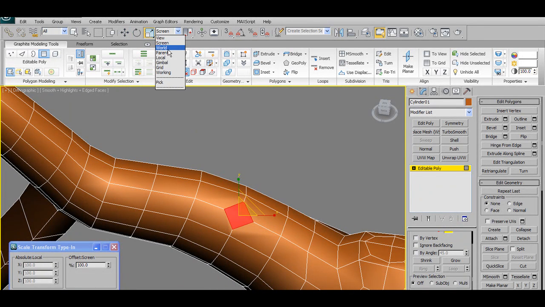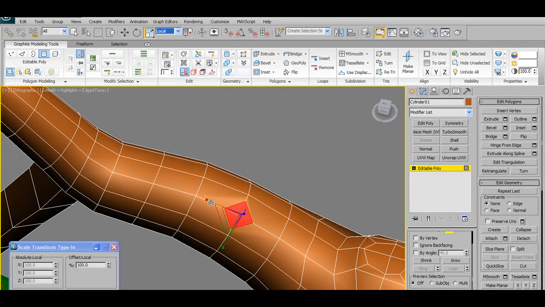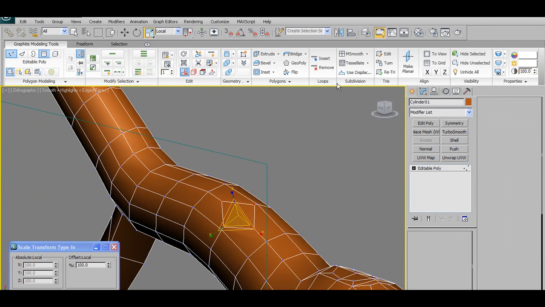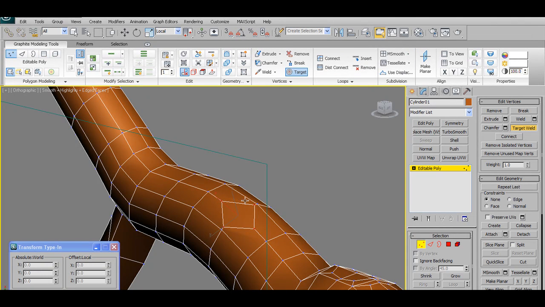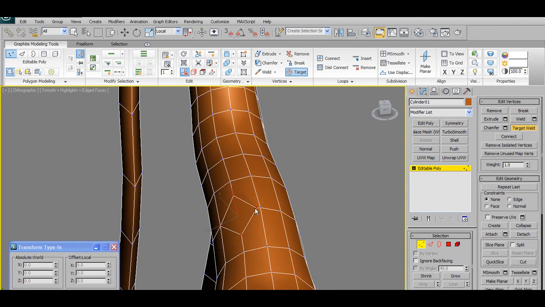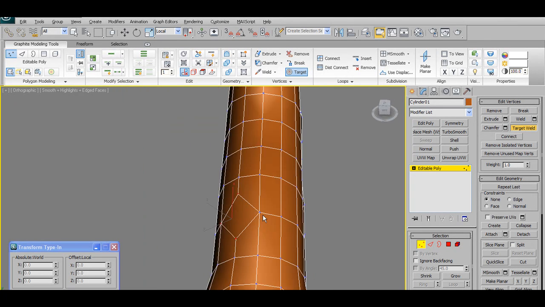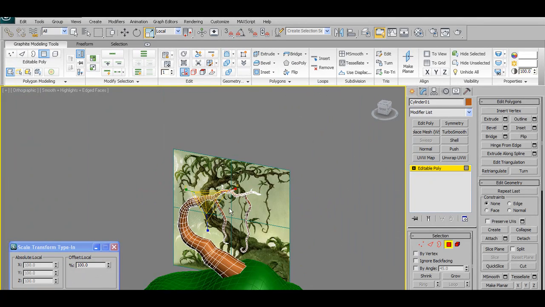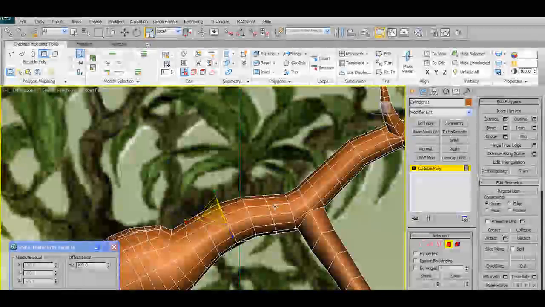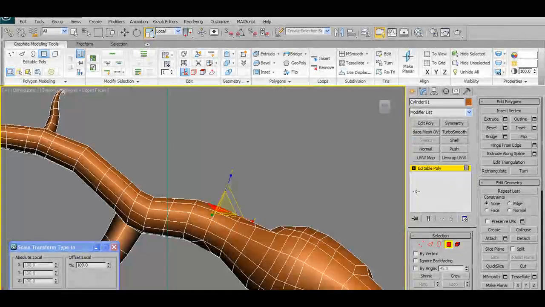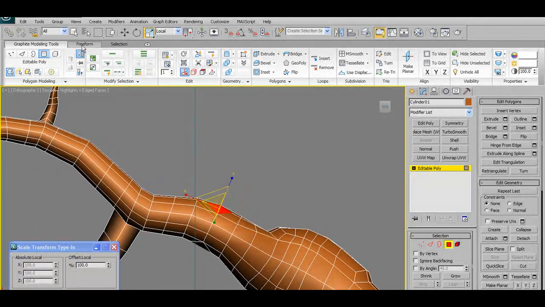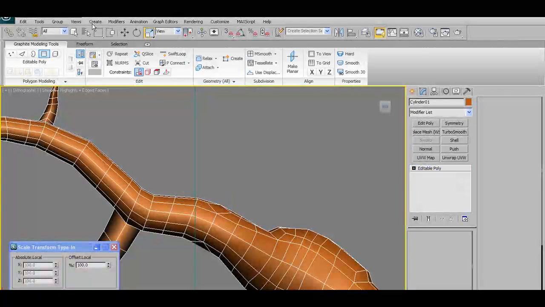Switch back to local. And scale it out. That looks okay. Vertex mode. And target weld. Keep everything nice and in quads. Now let's see if I can't get the branch tool to do me a favor one more time. So deselect the polygon, turn over the branch,